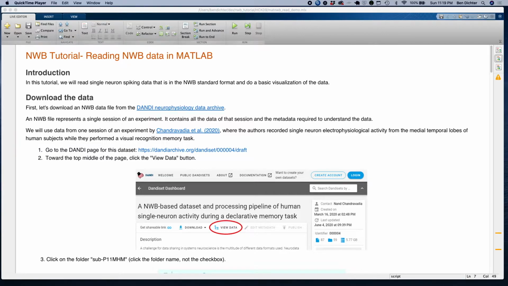So we're going to be walking you through how to find a publicly available NWB dataset, in this case single neuron spiking data for a visual task, how to understand the structure of the NWB file, and then conduct some simple analyses. So for this demo, we're going to be using a data set published by